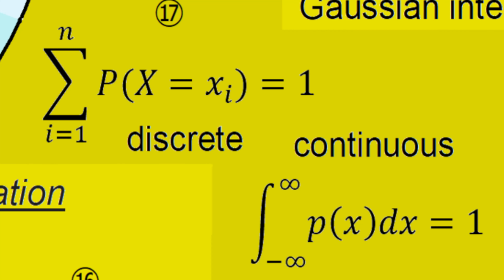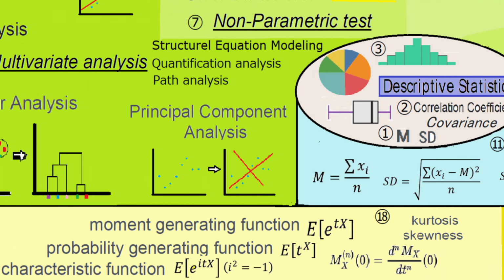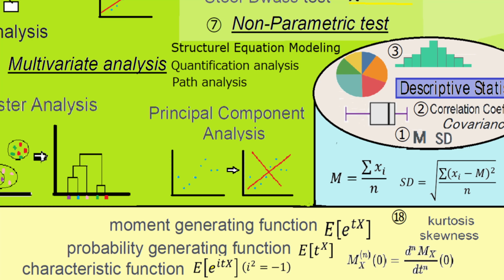Sigma is used to add up the total chance of a certain kind of probability distribution, and it equals 1. Integration is used for a different kind of probability distribution. Both expected value and variance can be found using sigma and integration. By using the idea of moments, we can label central values. Mean is the first moment, standard deviation is the second, skewness, tilt, is the third, and kurtosis, sharpness, is the